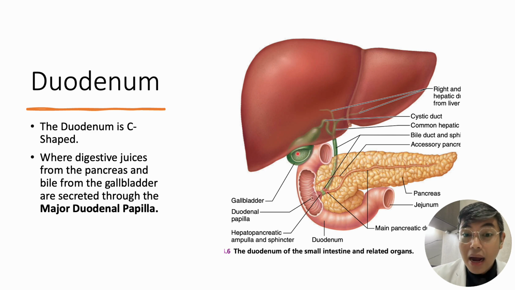At the same time, kapag nandun na yung chyme, okay, mararamdaman ng small intestine mo yan. At isisignal niya si gallbladder para mag-release ng bile. Remember that the bile is only storage, not the one producing your bile. It is the liver that will produce your bile. So, pag-secrete ng bile, sasama siya with the enzymes from the pancreas, and it will be combined and secreted here in your major duodenal papilla in your duodenum.